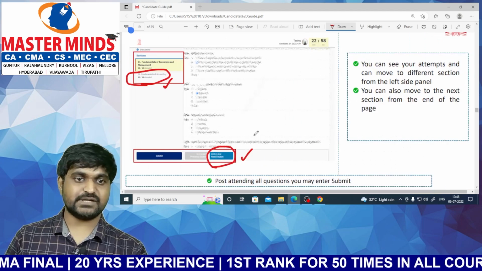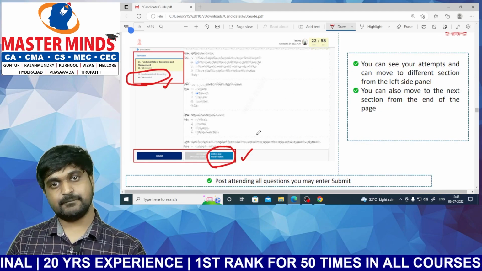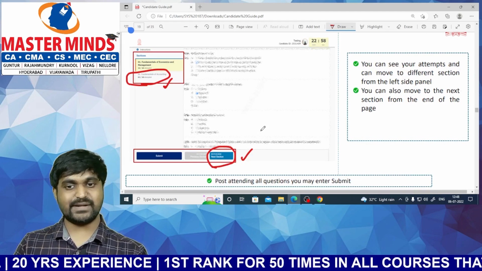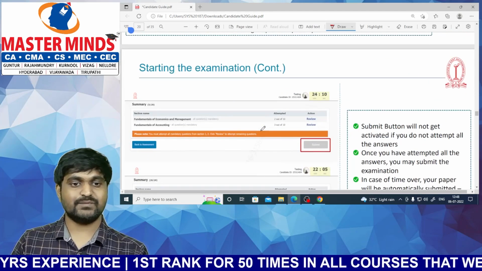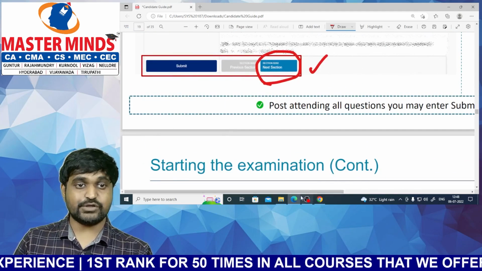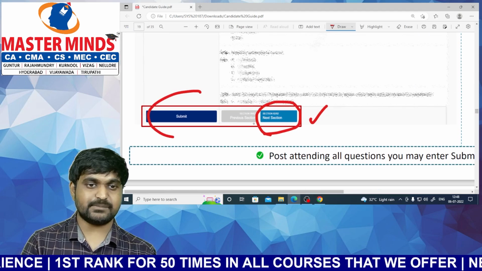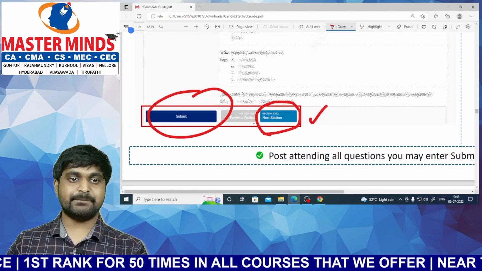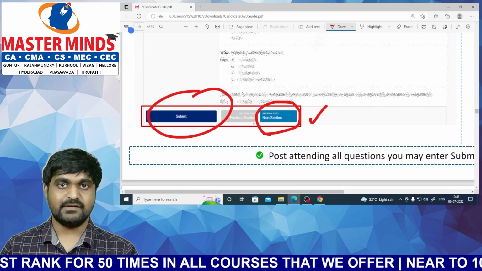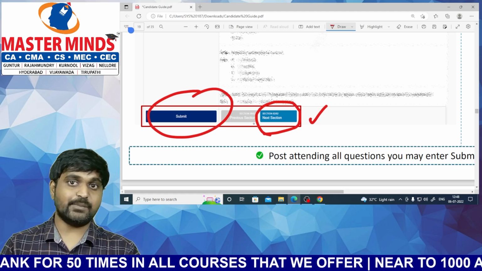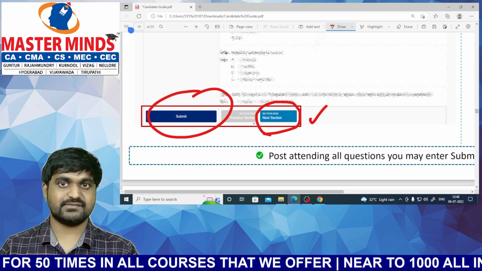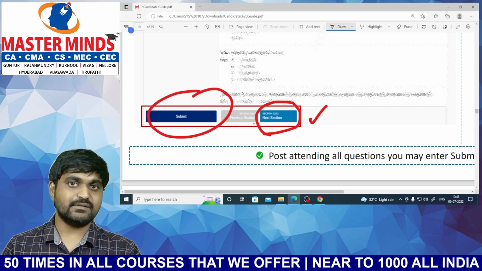After completion of all questions from part A and part B, that is section 1 and section 2, what do I need to do? You need to click on the submit button. This is the final submission button. So don't click the submit button before completion of the exam. Sir, I know only a few questions. I don't know the other questions. Then can I submit? No.